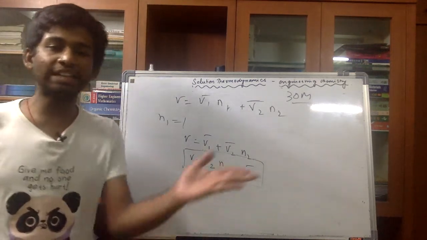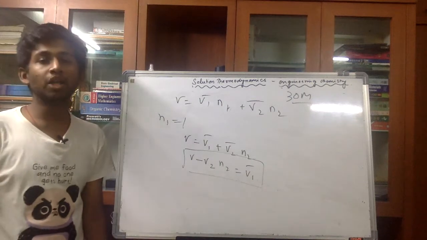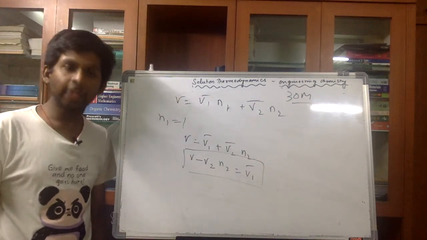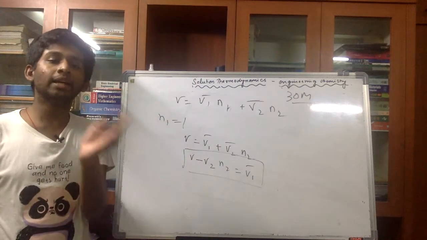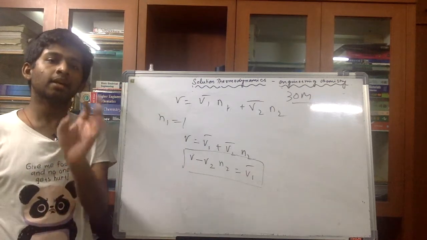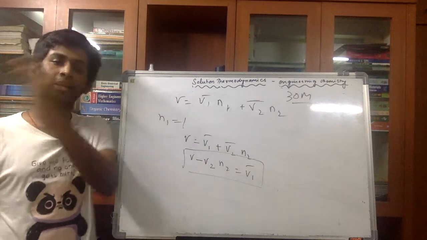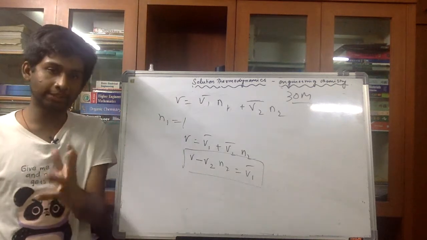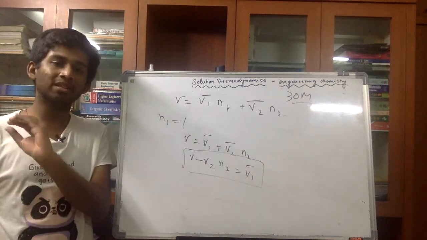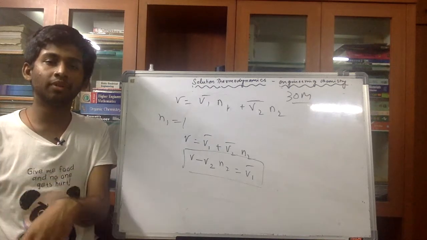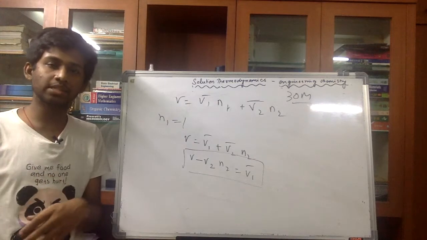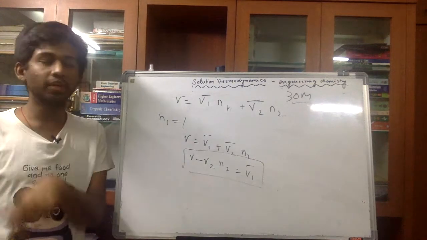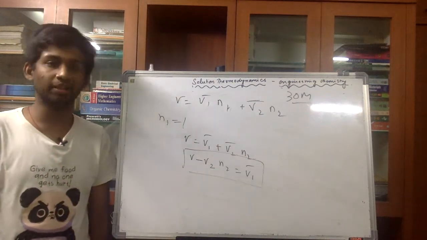Okay. So now in the next video, we'll be doing partial Gibbs energy, followed by chemical potential, the basics alone. And then after doing ideal solutions and colligative properties, we'll come back to chemical potential and do the detailed study on it. The upcoming videos will give you a basic idea of chemical potential, but in the forthcoming videos, after around 3 to 4 more videos, you will have a detailed study on the chemical potential.